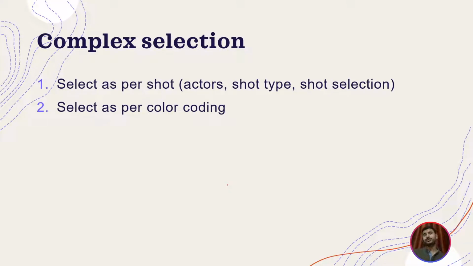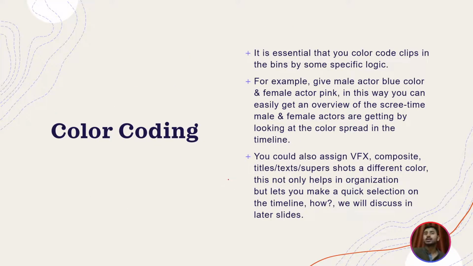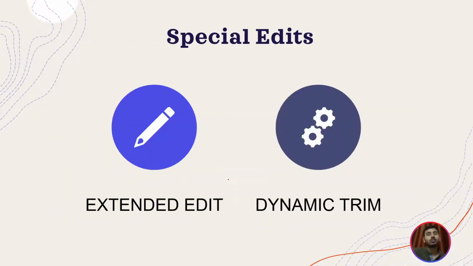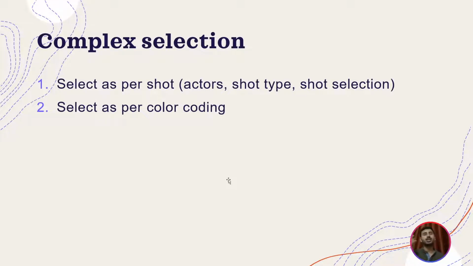Complex selections. These are some of the advanced tools that you might have a little bit of problem understanding right now, but as we go towards more hands-on experience, we will see how this actually works. Remember how we color coded things, color coded actors, actresses, or shots, or scenes, or whatever in any form or order. So complex selections help you select all those clips that are specifically color coded.